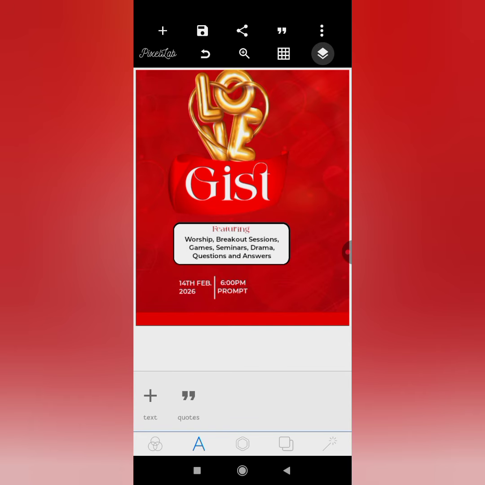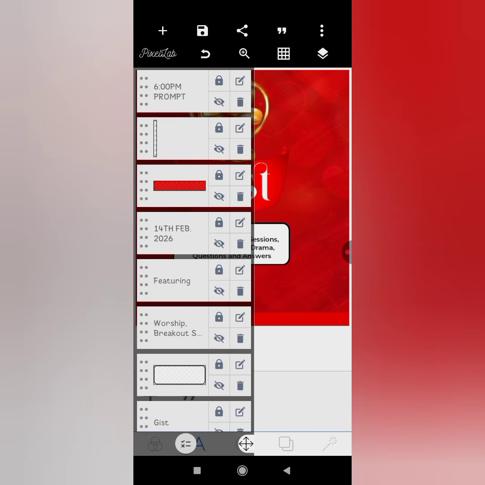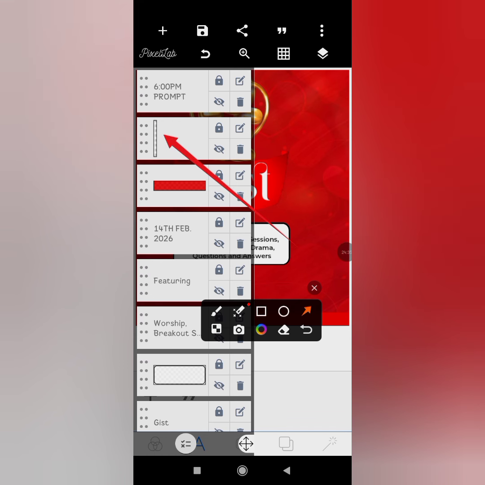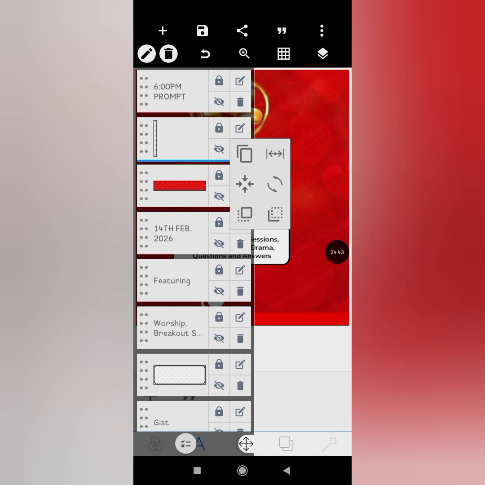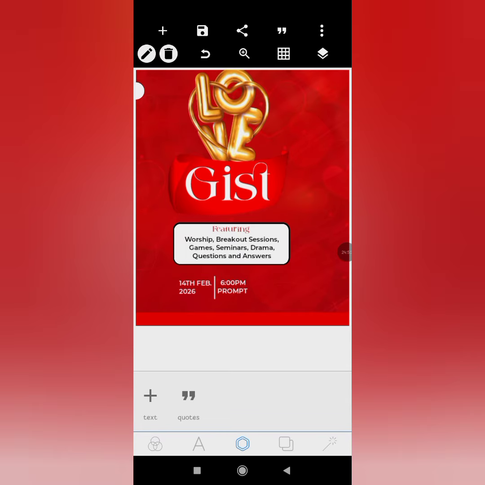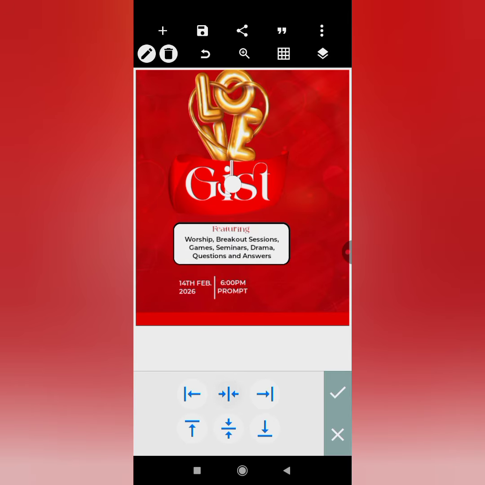Then now just copy the same rectangle you used before. This same rectangle you used. The same rectangle that you changed to become a line. So for you to copy, you click on this particular place. Then you see this particular icon. That's for copy. Copy it. Then you just use your relative position to position it. Okay, and position it here, anywhere you want to position it. So you position it. After that, you quickly,